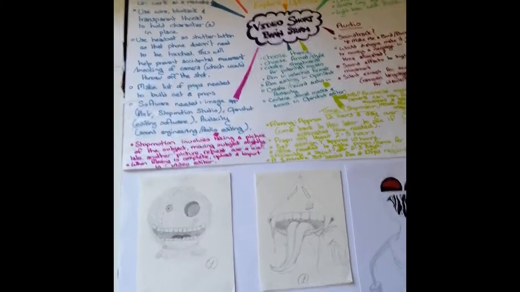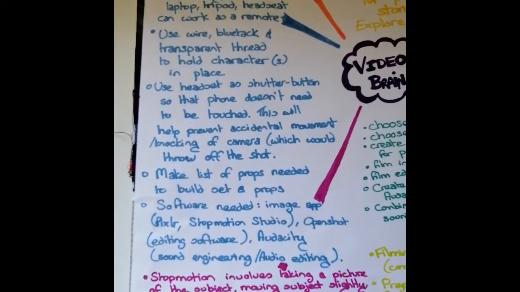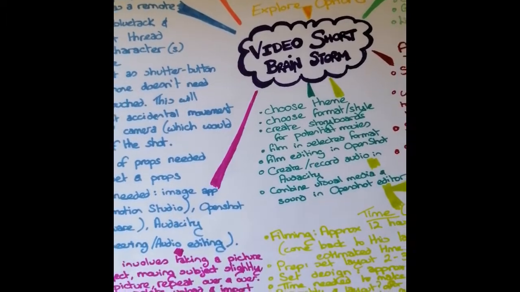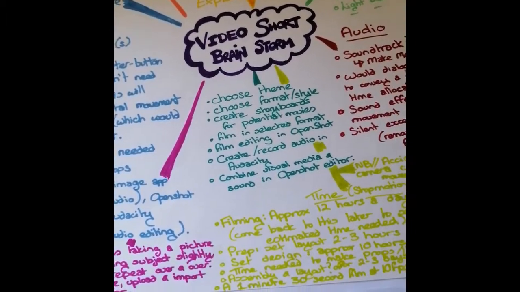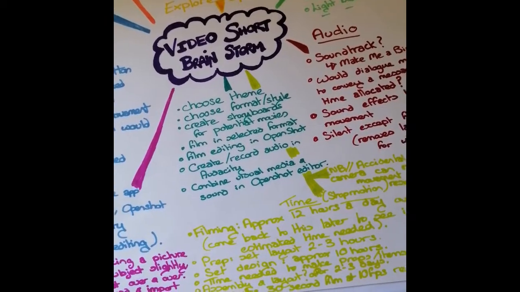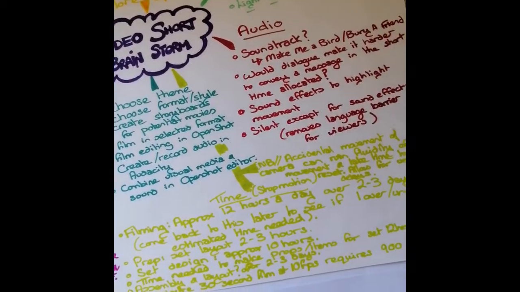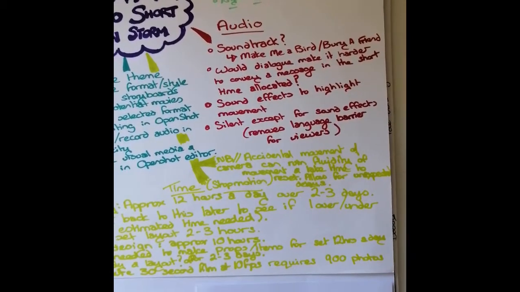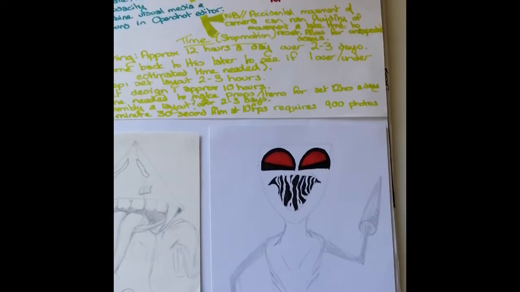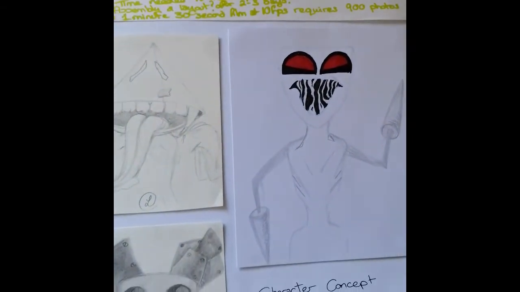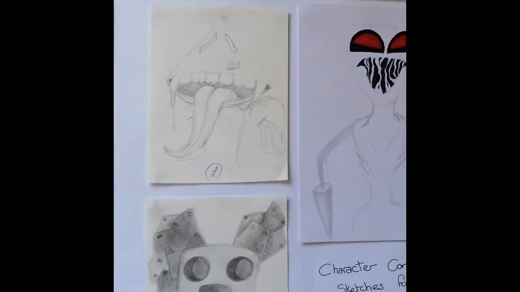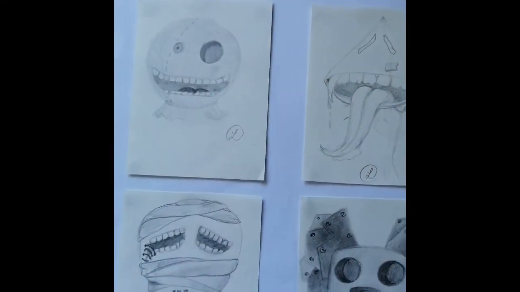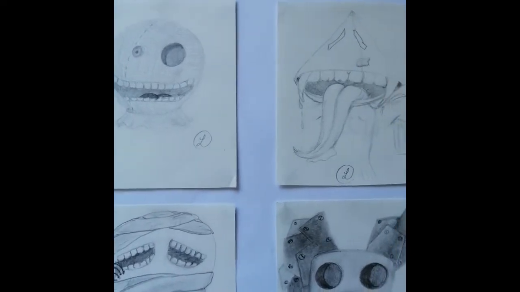So the first step was to have a brainstorming session, and during that I created a mind map. I decided on things like the theme of the piece, what style I was going to use to create the video. Was it going to be animation, stop motion animation, time lapse, slideshow, story time, and other things like the logistics of the piece. What kind of tools was I going to need? What kind of time would I need to allocate to the overall process and the smaller parts within? And try to anticipate some of the costs and some of the hurdles that I might face,